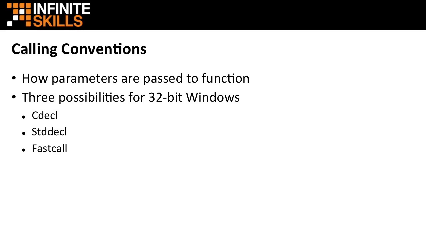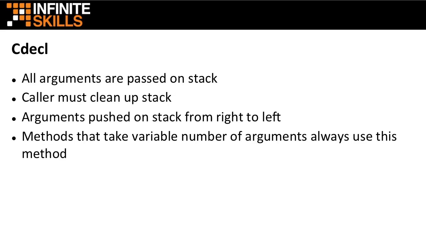Now, when it comes to 32-bit Windows, there are three basic possibilities. One of them is called cdecl, the other one is called stdcall, and there's another one that's not as common that we'll talk about as well, and this one is called fastcall. So what do these look like? cdecl is a calling convention where all of the arguments are passed on the stack. Now, the caller must clean up the stack when you use cdecl, and the arguments are pushed onto the stack